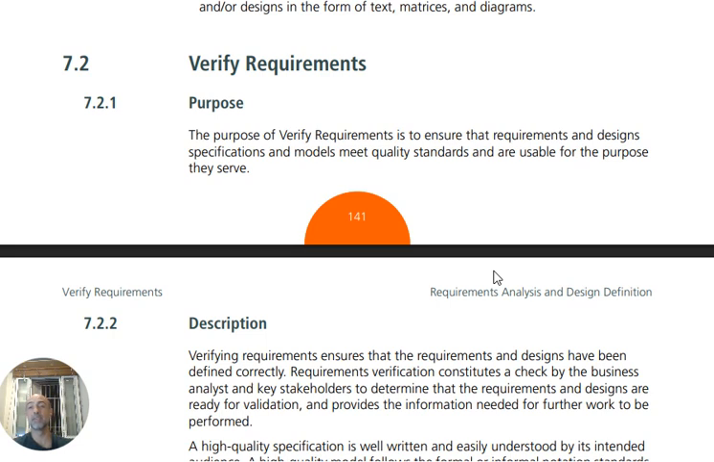Now that we have specified and modeled our requirements, we get to verify them. Yay. What's the purpose of verify requirements? The purpose of verify requirements is to ensure that requirements and design specifications and models meet quality standards and are usable for the purpose they serve. Remember, we are grabbing a lot of information and trying to make something out of it. And the last thing we want to do is be very efficient at something that's not productive, or be very effective about something that's completely useless to what we're trying to do, right? Like